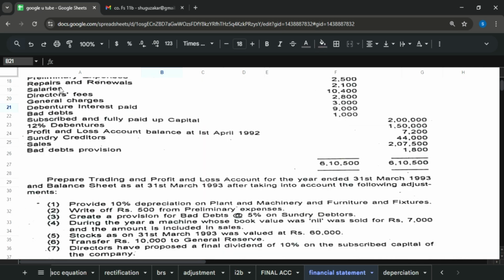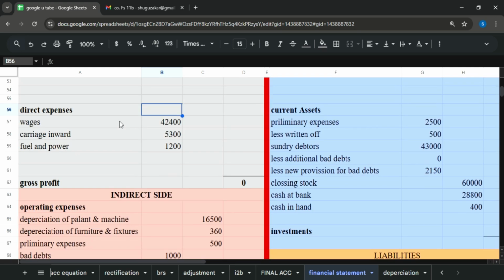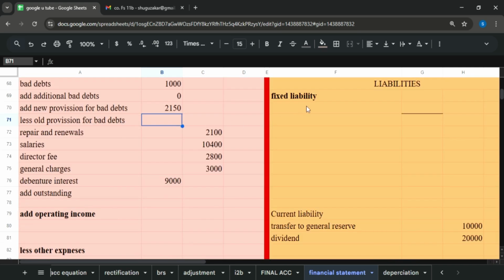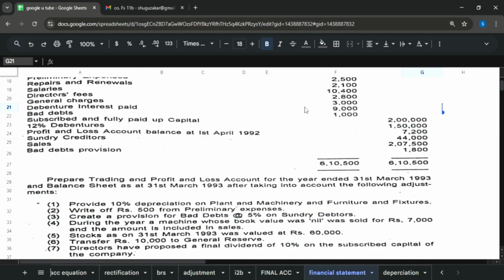After bad debts 1000, now we have fully paid up capital. Capital is already mentioned in live, no, not mentioned. All okay. So here we will write issued, paid up, or subscribed capital. One of the same thing, only in financial statements. So amount of capital is 2 lakh,